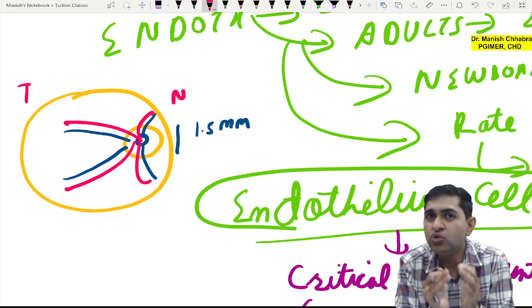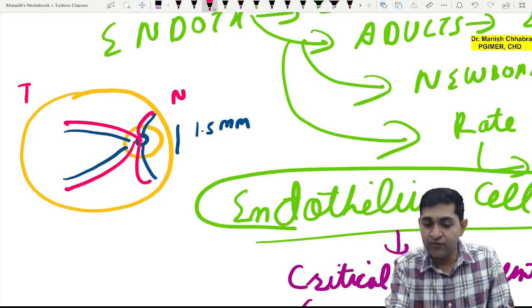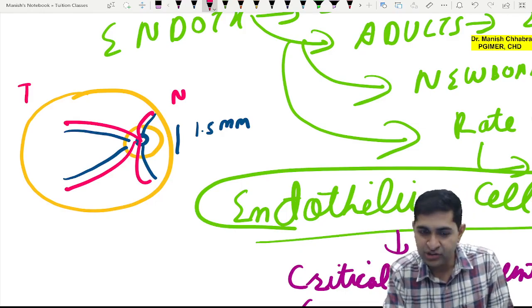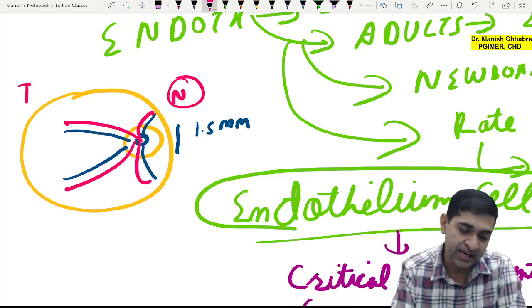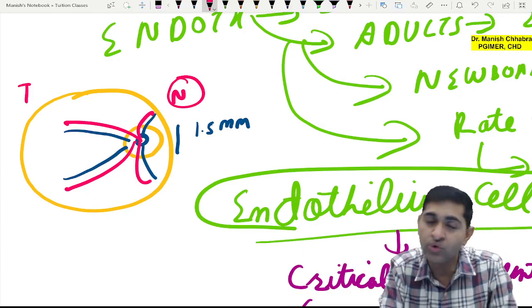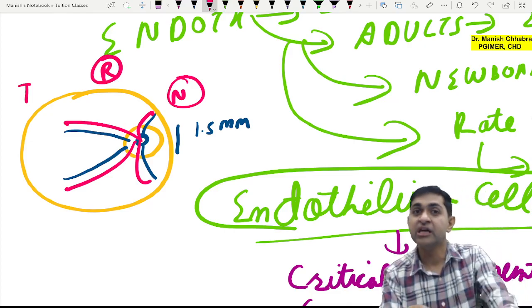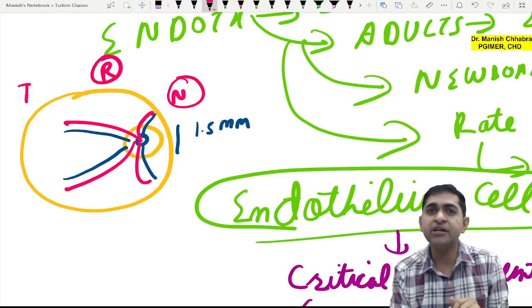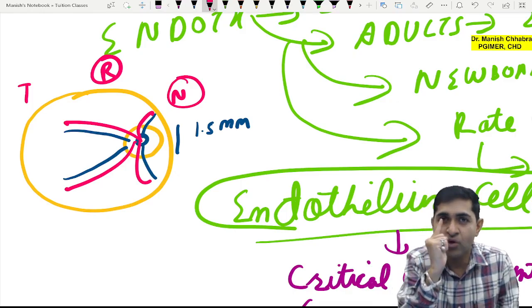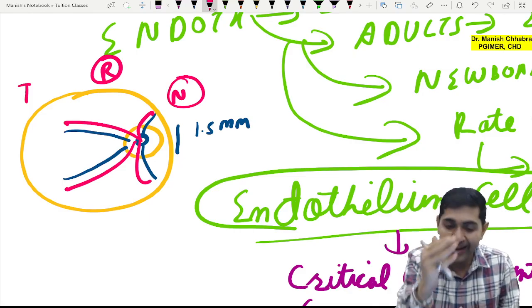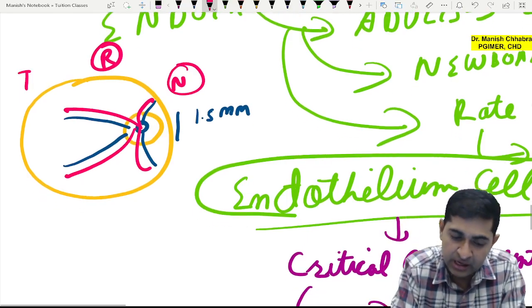So whenever you examine the fundus, you always examine as if how you are going to see this. If this is the fundus image and the optic nerve has to be on the nasal side, can you tell me, is it right eye or the left eye? So it is your right eye, because the optic nerve head will lie nasal. If you are seeing from front of the right eye, the optic nerve head should be onto your right, like in this image, the optic nerve head is on my right. Okay, now